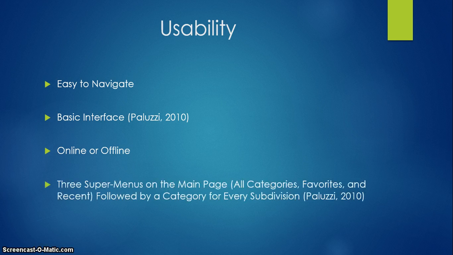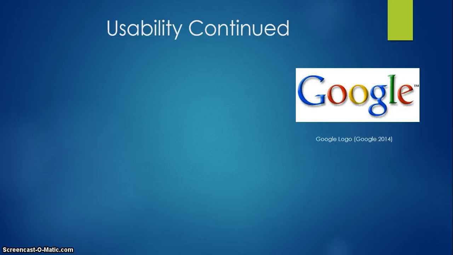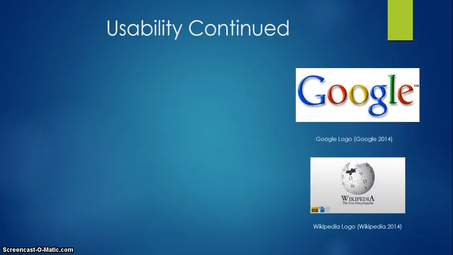This application's main page consists of 3 super menus: all categories, favorites, and recent. Below those options, the information has been divided alphabetically into categories such as anatomy, biochemistry, cardiovascular, and so on. Each of these categories lists countless eponyms, and with one click, the user is given a brief definition of the term. Along with this definition, the user is provided with a specific link to both Google and Wikipedia to